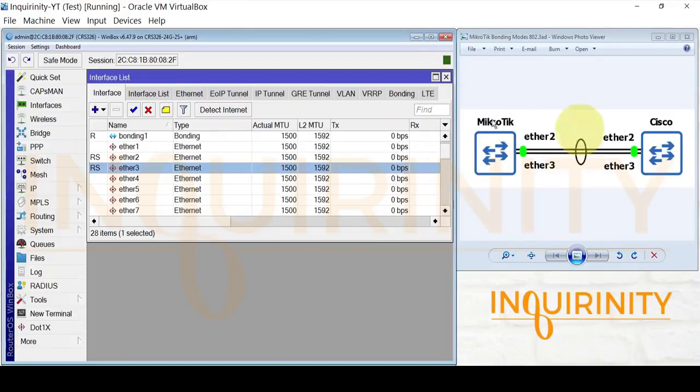In our future video tutorials, we will make use of 802.3ad in our topologies and implement some scenarios wherein we will make use of bonding.